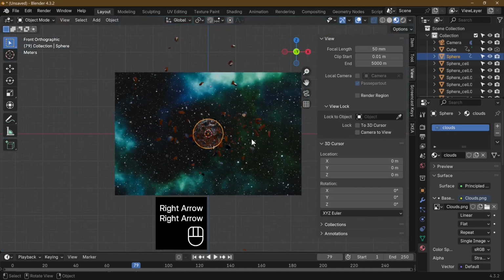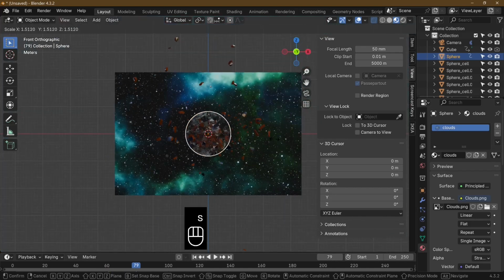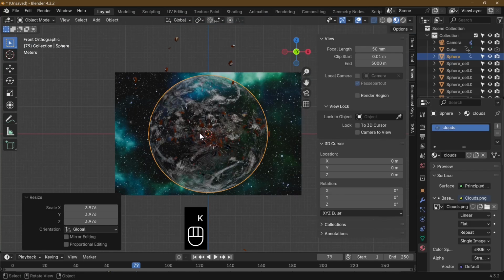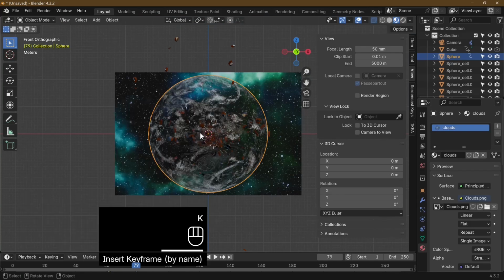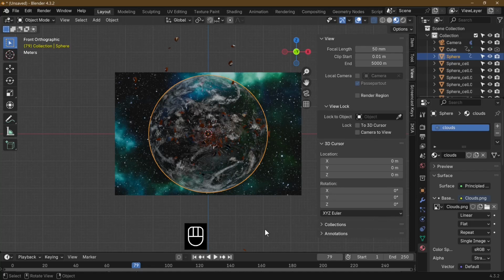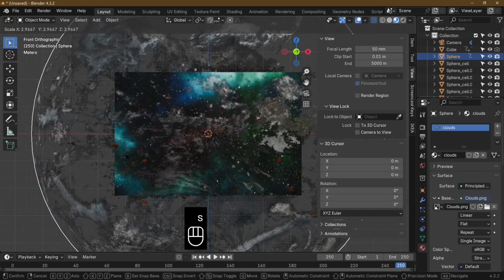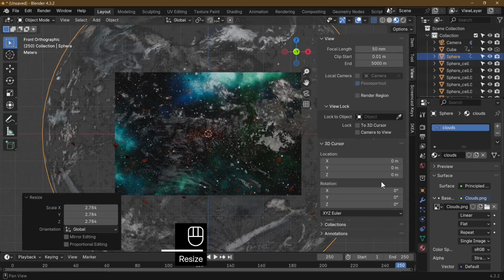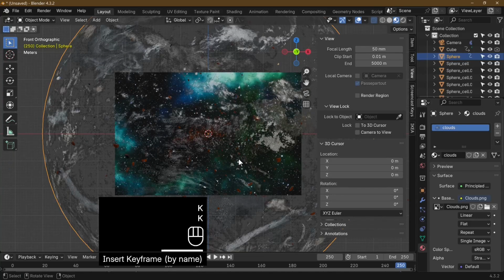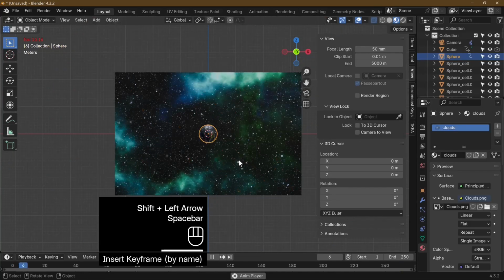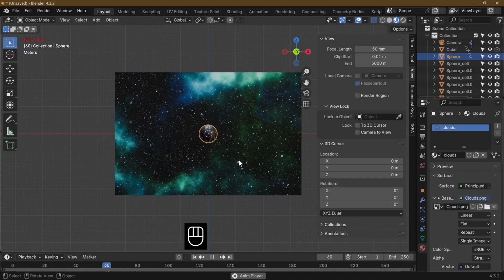Let's back out from the planet and scale, K, lock rotation and scale. Then, to give it some kind of drifting imagery, I'll take it right to the end, scale it right up, and press K again, lock rotation and scale. So what we've got is boom,